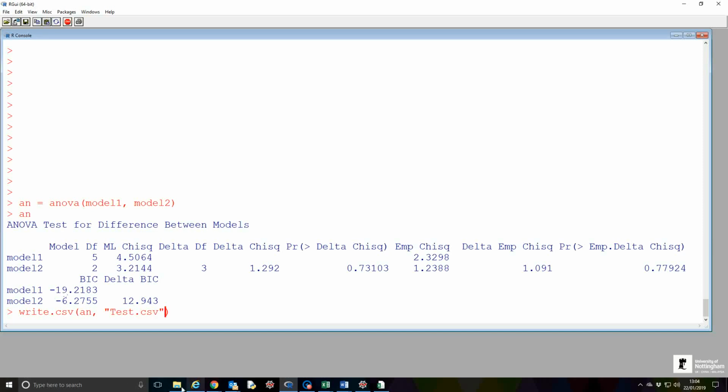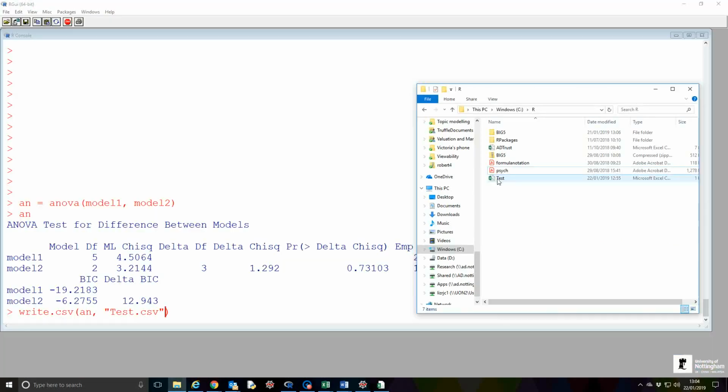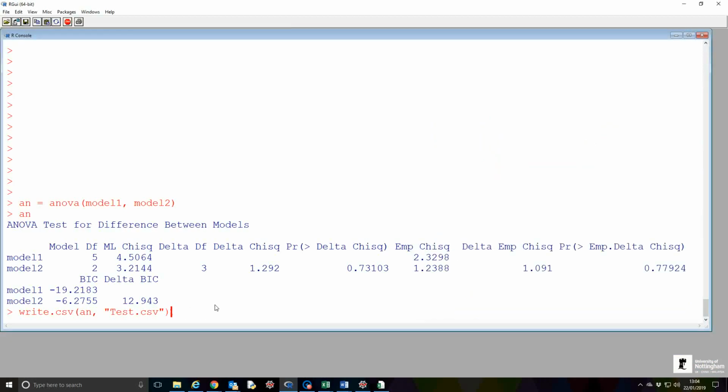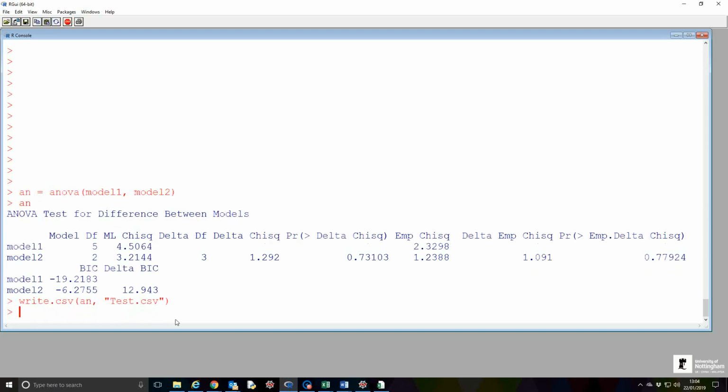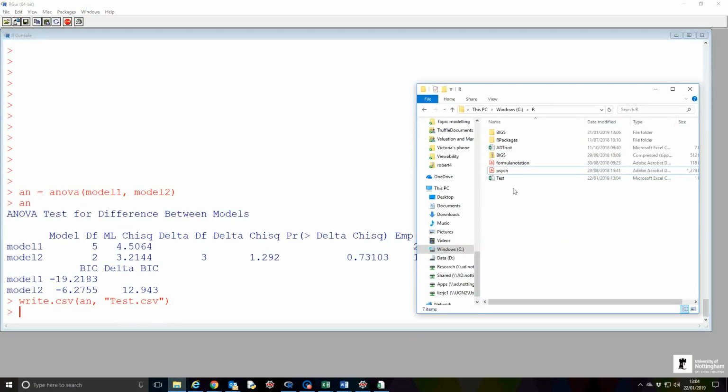And actually, Tassos should be nudging me now because we've already got one, which I should delete. Yeah. So what this is going to say is, using this function, write.csv, on the input object, save a new CSV file with this name, test. And then if I go to the appropriate folder,